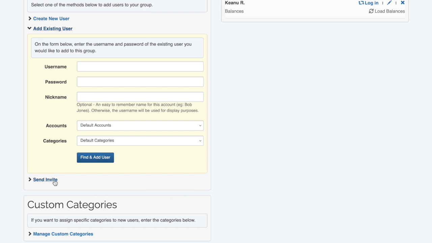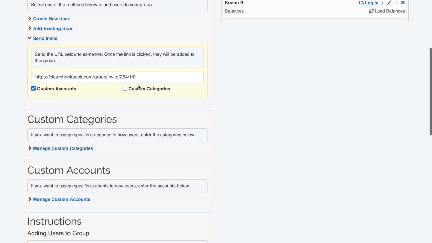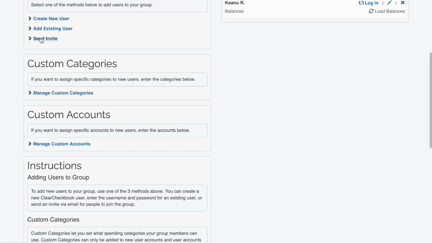The third and final way to add a group member is to give someone a special URL. When they click on it, they can either create a ClearCheckbook login or, if they already have one, assign it to your group. Another feature of Premium Groups is the ability to start your group members with a custom set